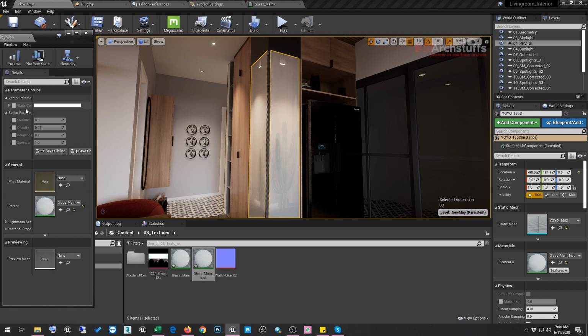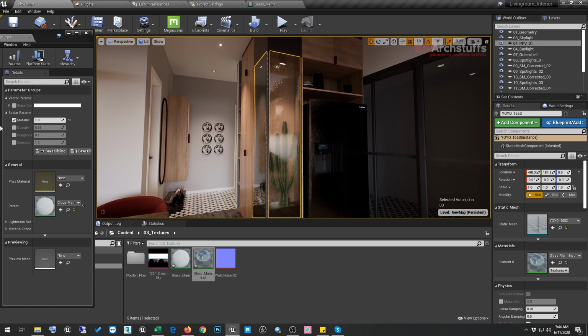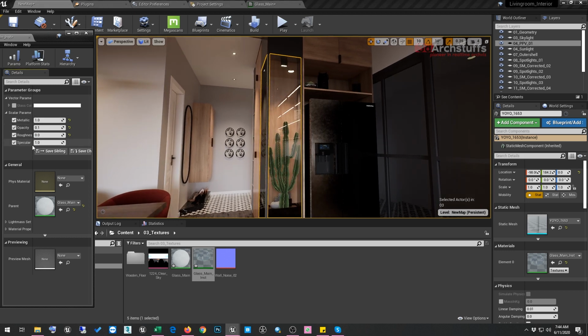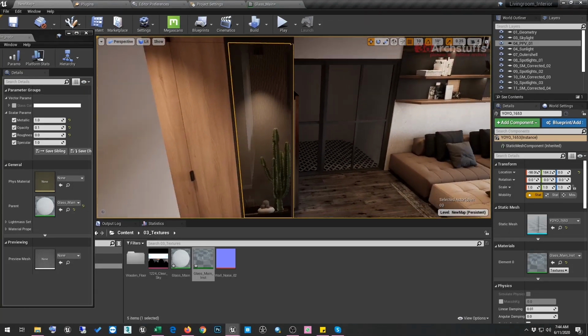So after doing like this, I'll go ahead and click on metallic and make the metallic value 1. And as you can see, we are getting some difference. And then in opacity, we'll go ahead and make it 0.1. And in roughness, we'll make it 0. And in specular, you can adjust the specular depending on your requirement. So if you want, you can just leave it at 1, and now it has started looking perfect.